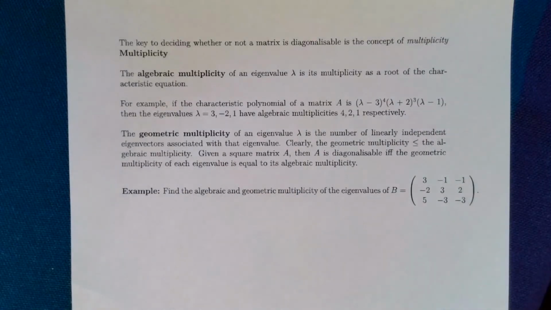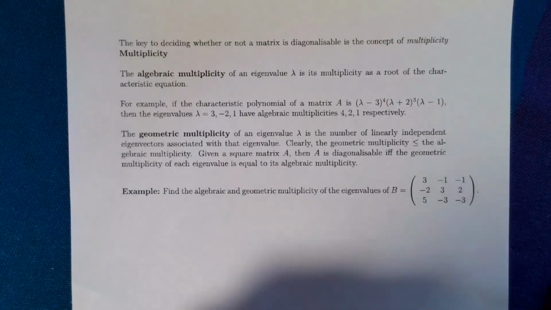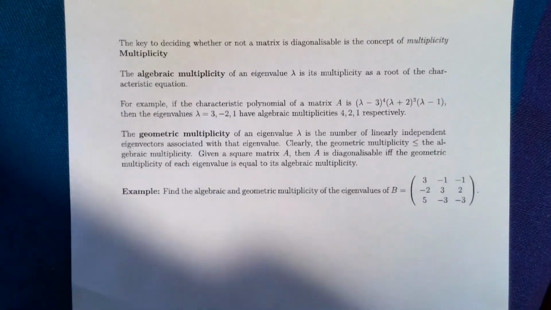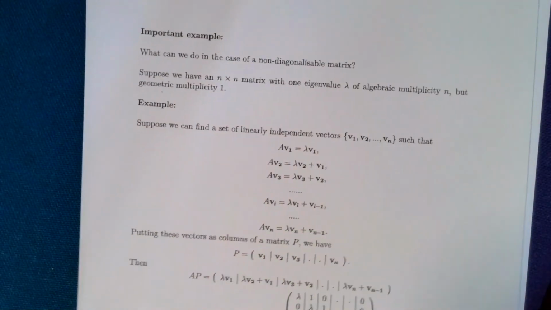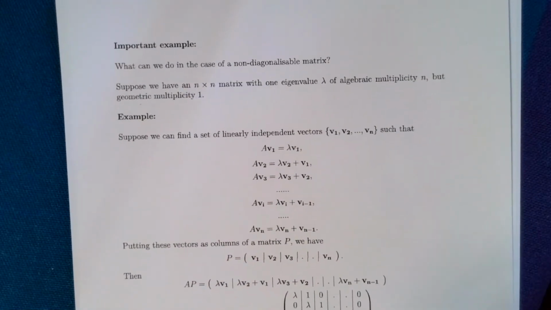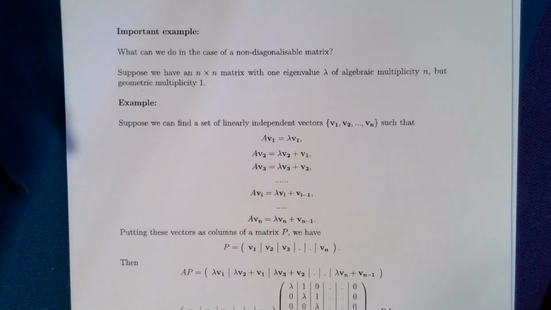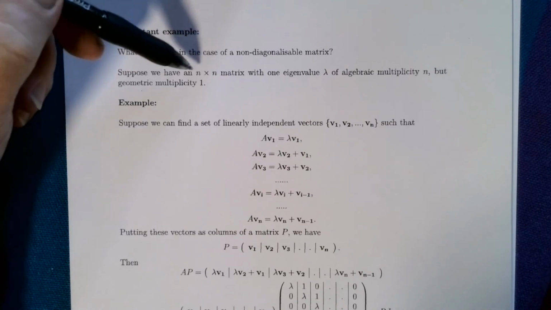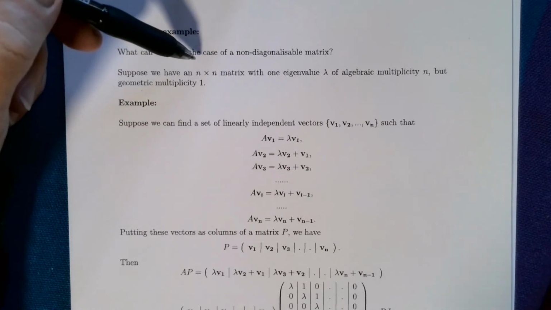Okay, so that's the story thus far. What can we do with these matrices that are not diagonalizable? So what do we do in this case? Well, I'm going to look at one very special case, one very special situation. So we're going to suppose we have a general n by n matrix, but it has the property that it